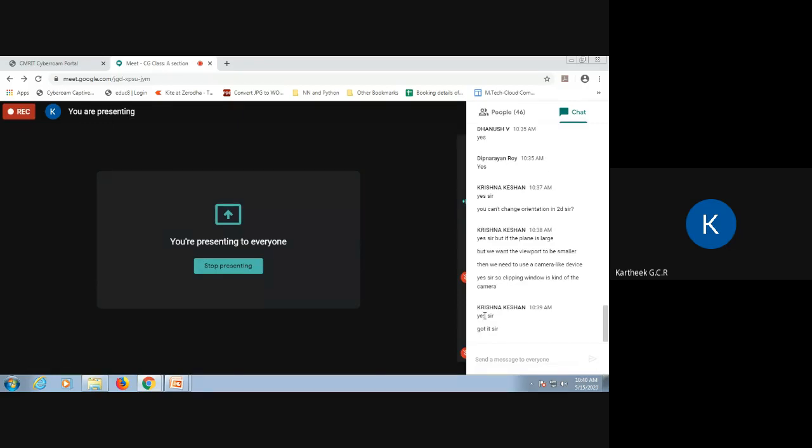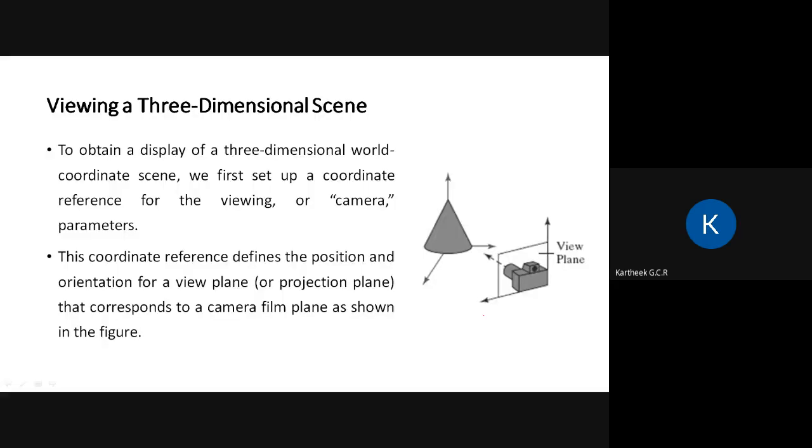I hope you got it. Yeah. So two-dimensional viewing in OpenGL is basically a special case of three-dimensional viewing. Okay. So yes, camera would be there. That would be fixed. That's it. If you change it also, basically you're changing the clipping window effect. Okay.